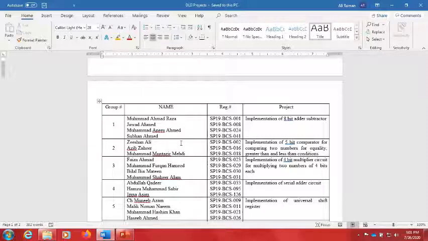So basically what we have studied in our course was a comparator circuit for comparing the two numbers of 4 bits each. So we are upscaling that and implementing a 5-bit comparator. So that is a comparator circuit that consists of 3 outputs, one output for equality, one output for greater than, and the last output for the less than conditions, and two inputs of 5 bits each. So instead of comparing two numbers of 4 bits each, you have to compare two numbers of 5 bits each. So whatsoever you have to do is, first of all, identify the boolean functions for the equality, the greater than and less than condition, and you have to use gate level modeling in order to implement that comparator circuit.